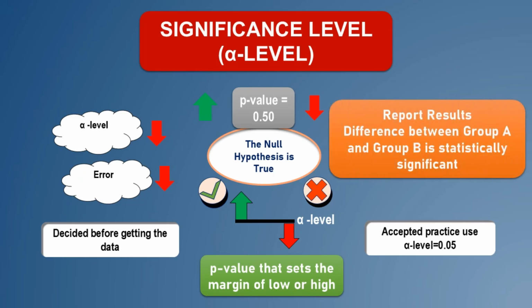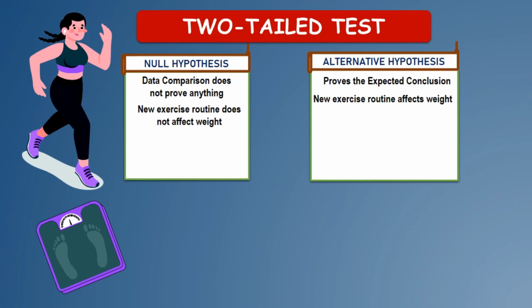So whenever we report the results, we often mention the results are statistically significant if p-value is less than the alpha level, and the results are not statistically significant if a p-value is more than the alpha level. Sometimes p-value and significance level are also mentioned with the results to show how consistent the data is for rejecting the null hypothesis.